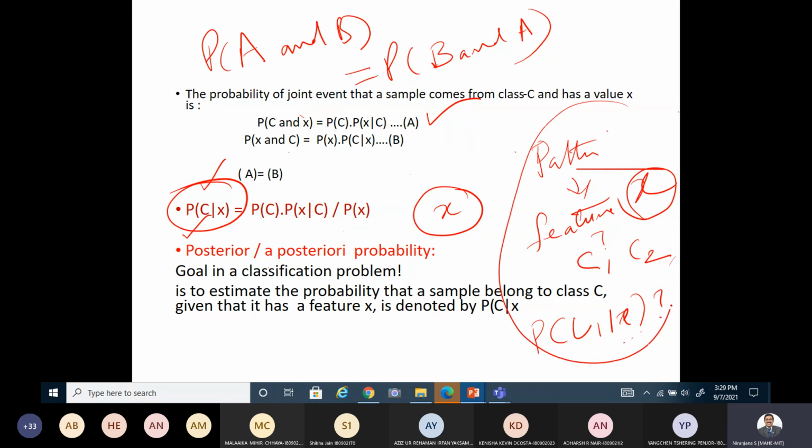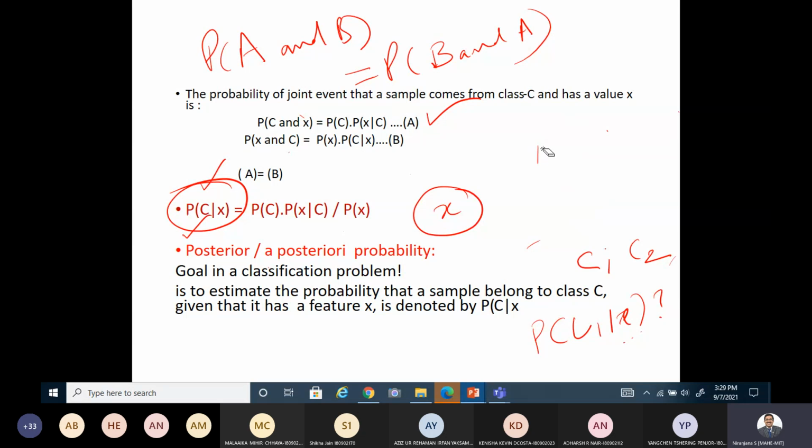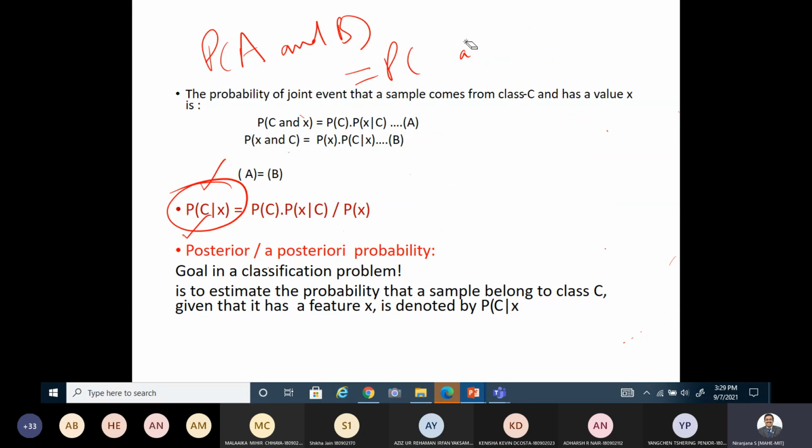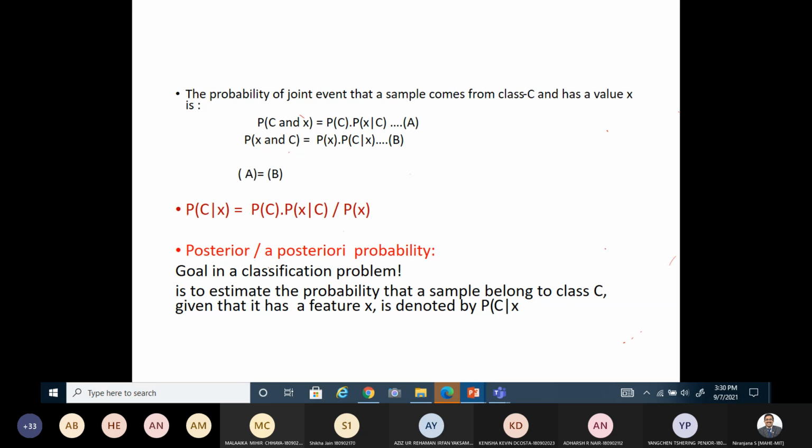This we will explore in the next class. How to make use of this relationship, we will explore it. Is it fine? Maybe in the case of discrete or maybe in the case of continuous, I have to take some example. I just showed how to draw the classes for discrete or how to draw the class for continuous sometimes. Anyway, continuous I have not given a description. I will give a description also of how to draw it. So then, how to make use of this relationship to find a label for a given feature, or prediction, how to make use of Bayesian theorem for prediction, we can discuss in the next class.